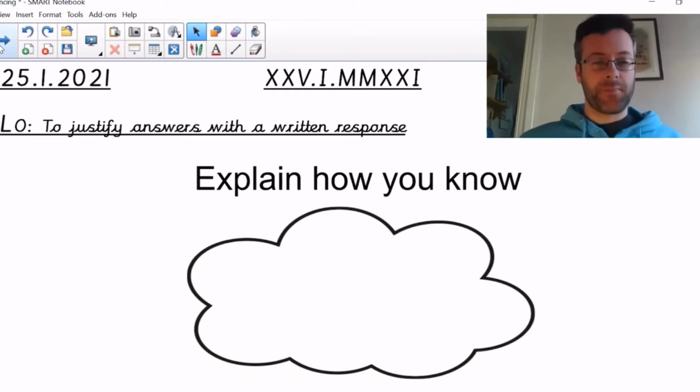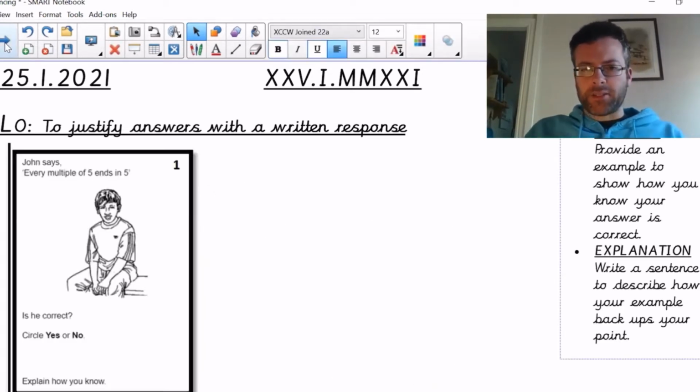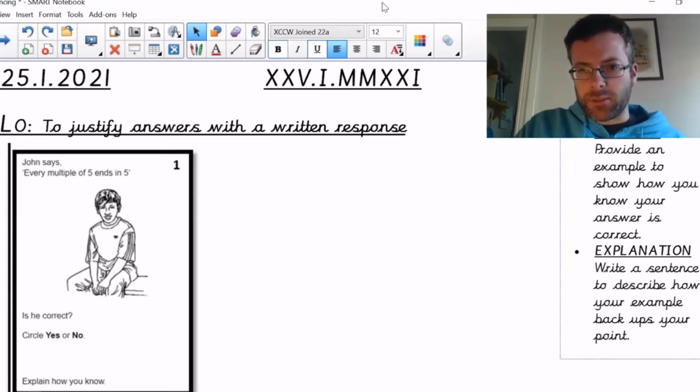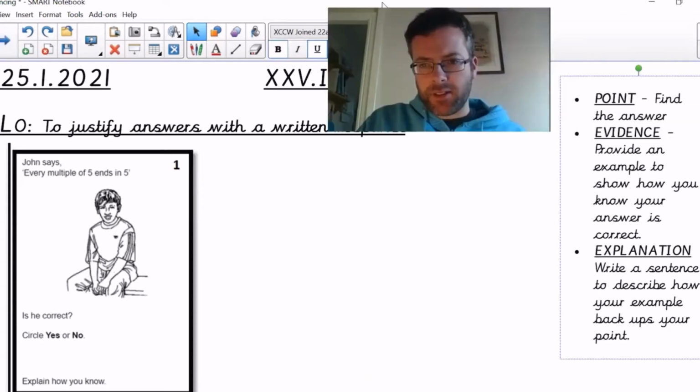What we're going to do today though is have a little think about how we can actually fill in those boxes and get marks. Most of the time it's not too bad at all. So I've nicked some questions from the test. Right, I need to move my face so you can see there